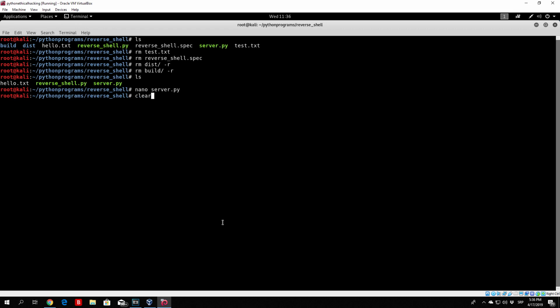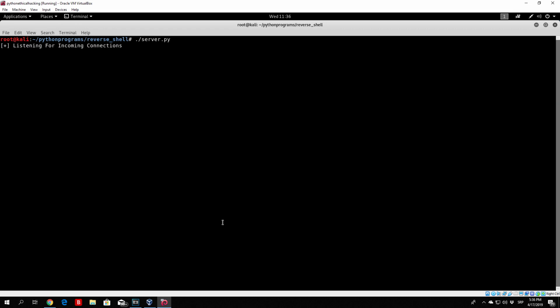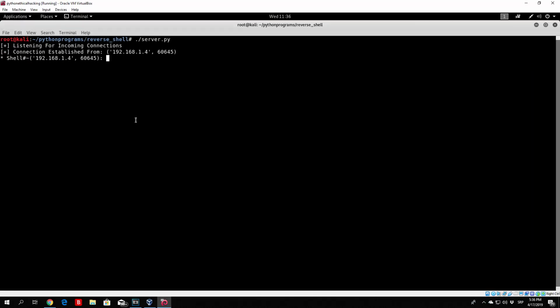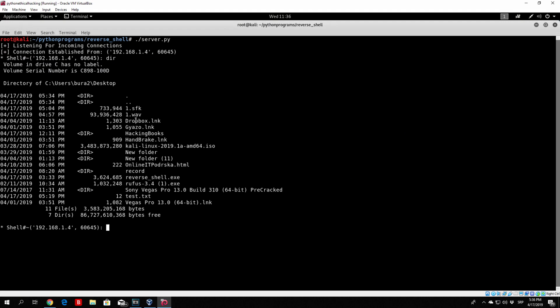Let me just clear the screen, run it once again, run my reverse shell once again. It connected back, there, works, and let's download test.txt. Okay, so it seems like we didn't get any error. If we run another command, we can see we can execute further commands. So we hope that we actually downloaded the file successfully, which we will check as soon as we terminate the